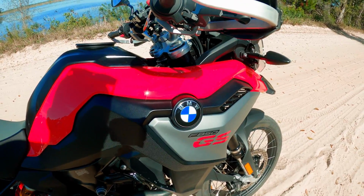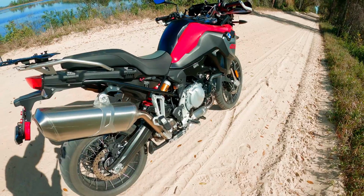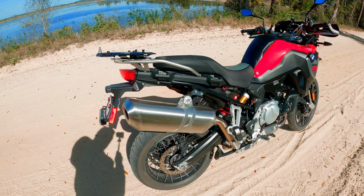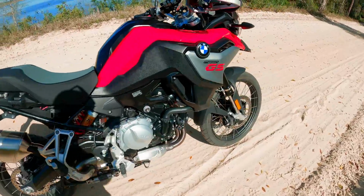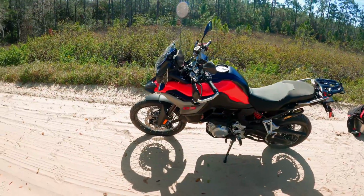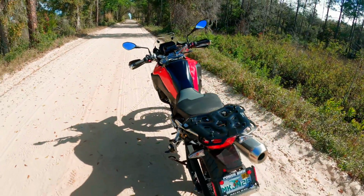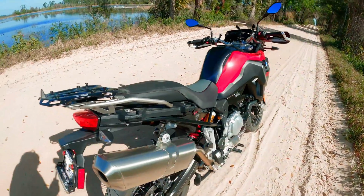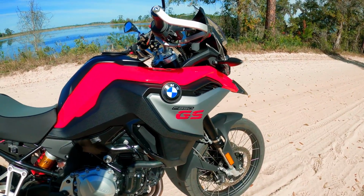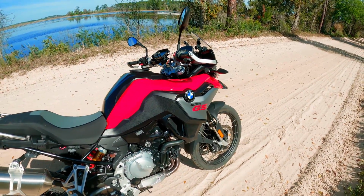Hey guys, so I just wanted to go over the F850GS. I'm not doing a review right now. Just kind of wanted to go over its features, because when you're researching buying a motorcycle, there's a lot of things you want to consider. So I really just wanted to go over the bike, tip to tail, and let you know everything that comes with this bike. Now this is the F850GS with the premium package,